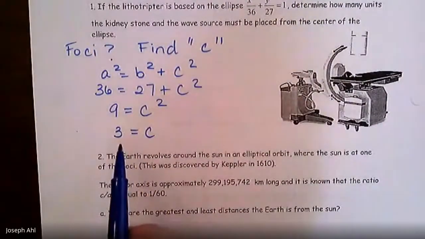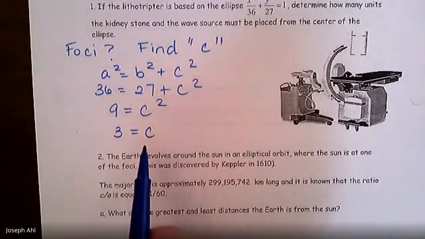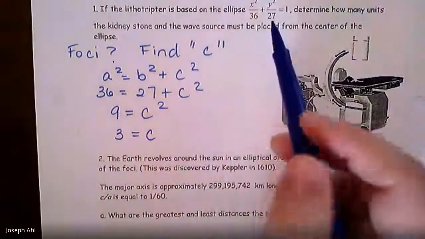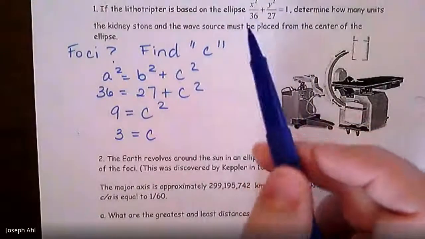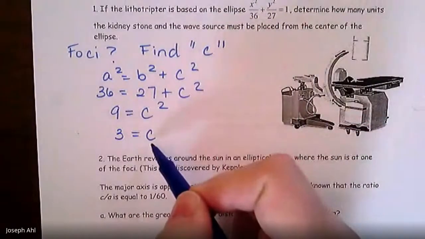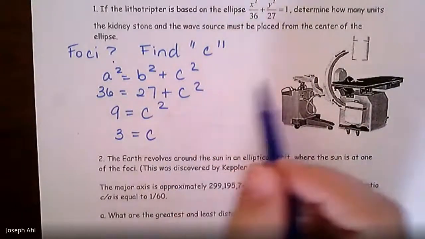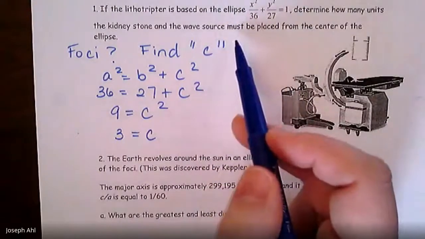Now, I'm going to be completely honest. This might be just one of those teacher-contrived problems. What I mean by that is I pick some kind of nice numbers here such that in the end you get a really nice value of c. So how would I answer this? Well, the patient and the wave source must be placed 3